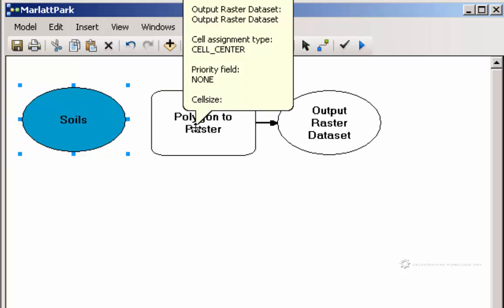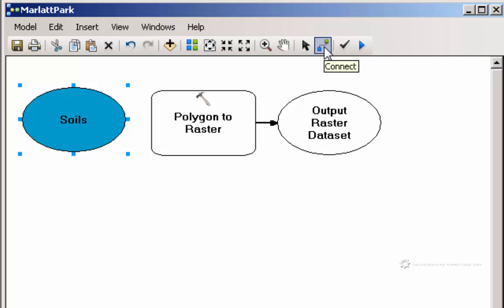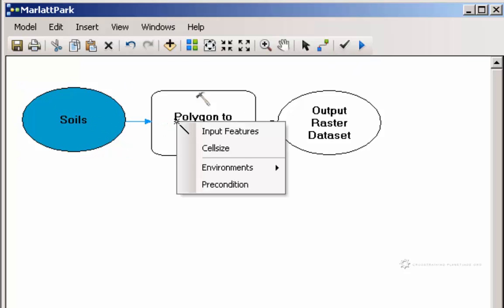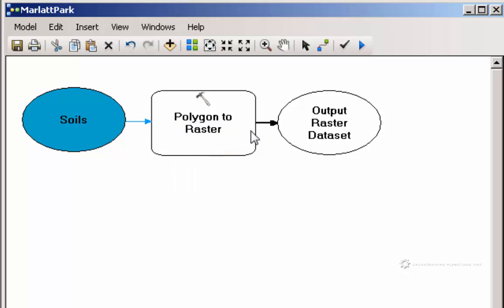But it's not connected to my tool. So this is where our connect tool comes in, where we can click and drag and release on top of the tool, and we can input this soils as two types of input. We can input it as an input feature, or we can input this data as a cell size. Well, we want it to be an input feature, so I'll click input feature. Now notice the tool turns yellow and the output turns green,